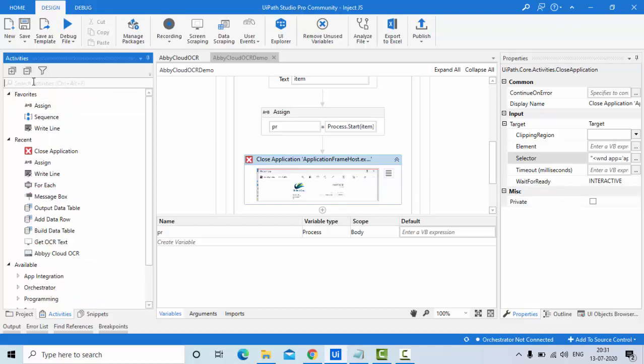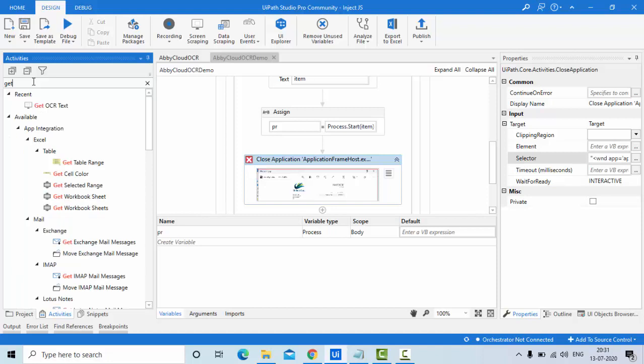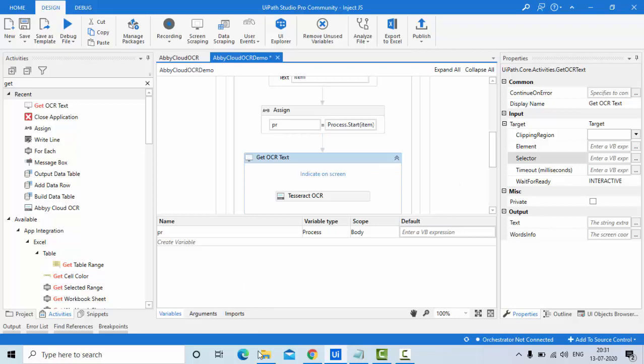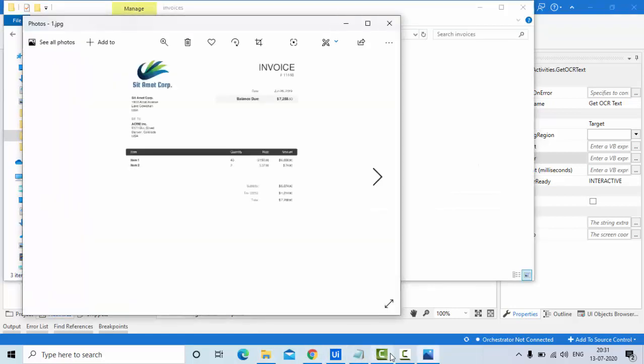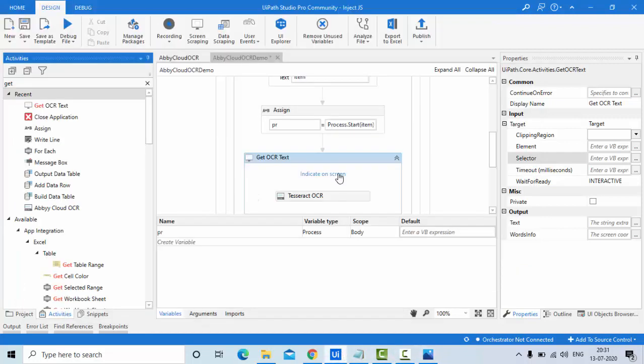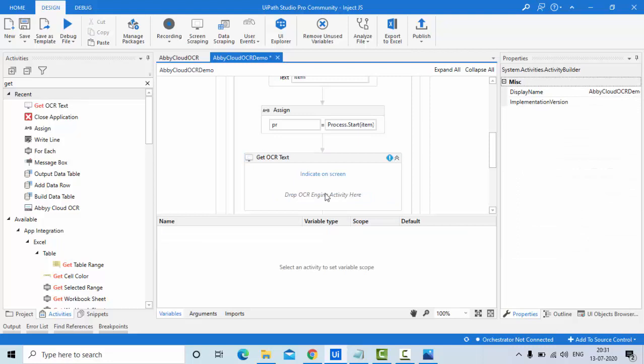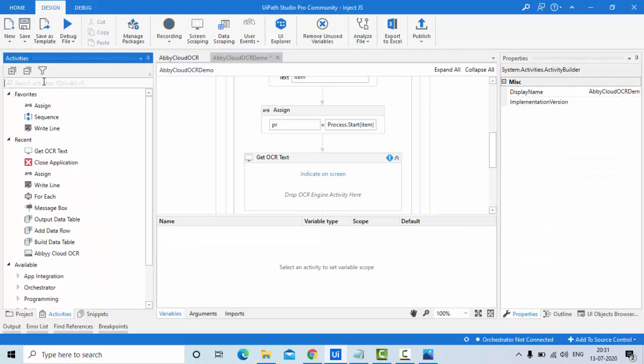Now it's time to get the data. Let me use Get OCR Text here, and let me load this one. Then instead of this, let me use Abbyy Cloud OCR.